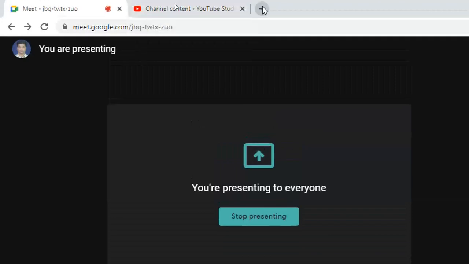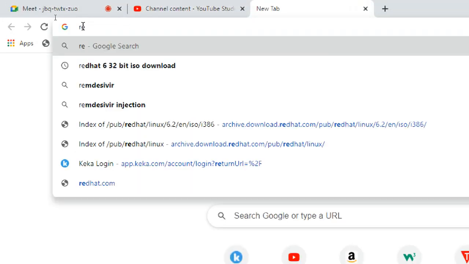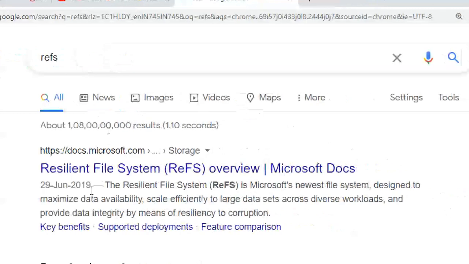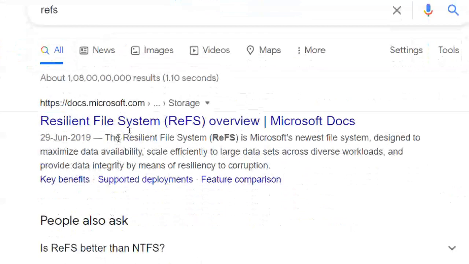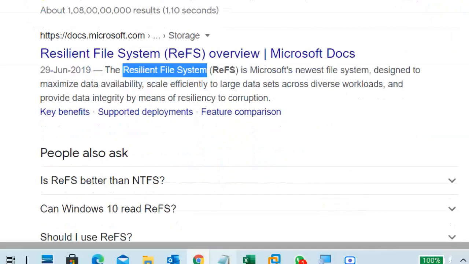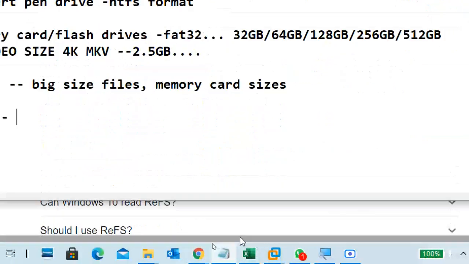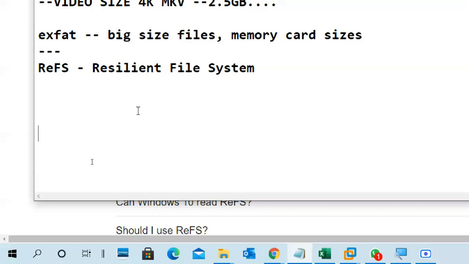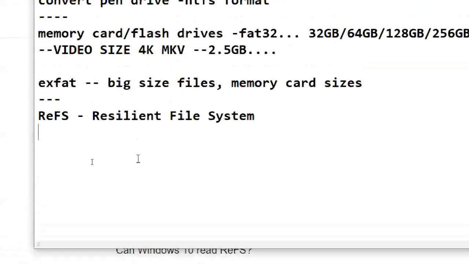So I will show you ReFS. What is this resilient file system? It was introduced by Microsoft from Windows 8 onwards. What will it do?